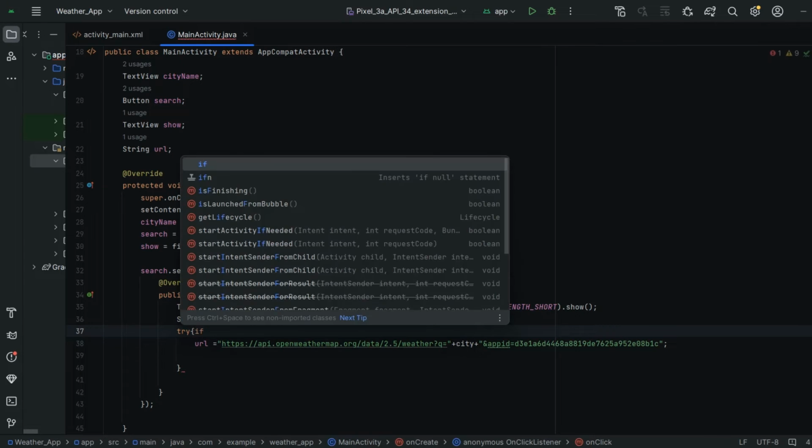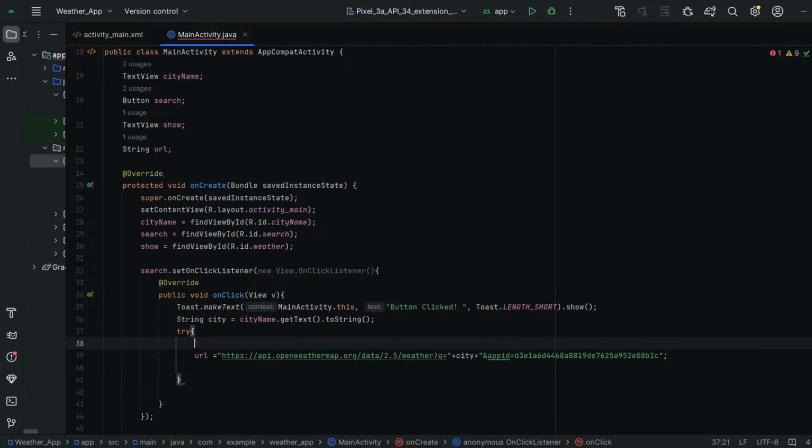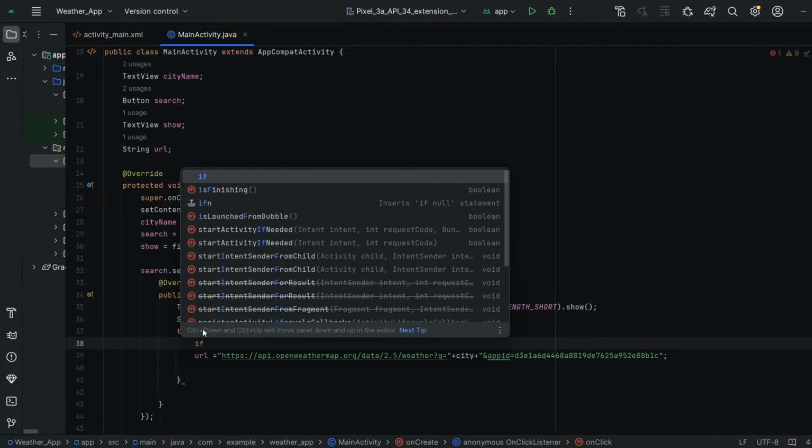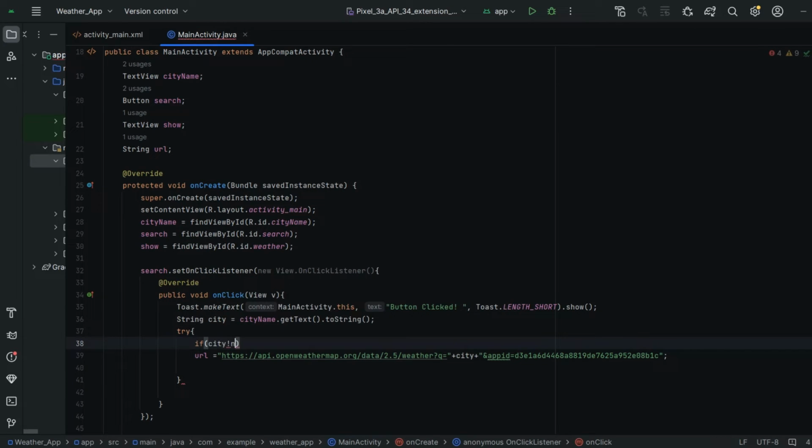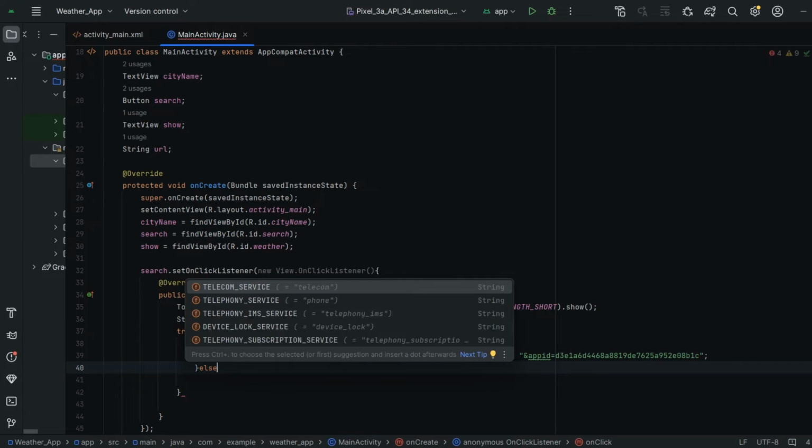If the user enters an empty city name, means he doesn't enter any city name, he just clicks on search, we should not search. So for that we have to use if else. So I'm using an if condition here. If city is not equals to null, then only we are going to assign the URL, otherwise we don't do those things.